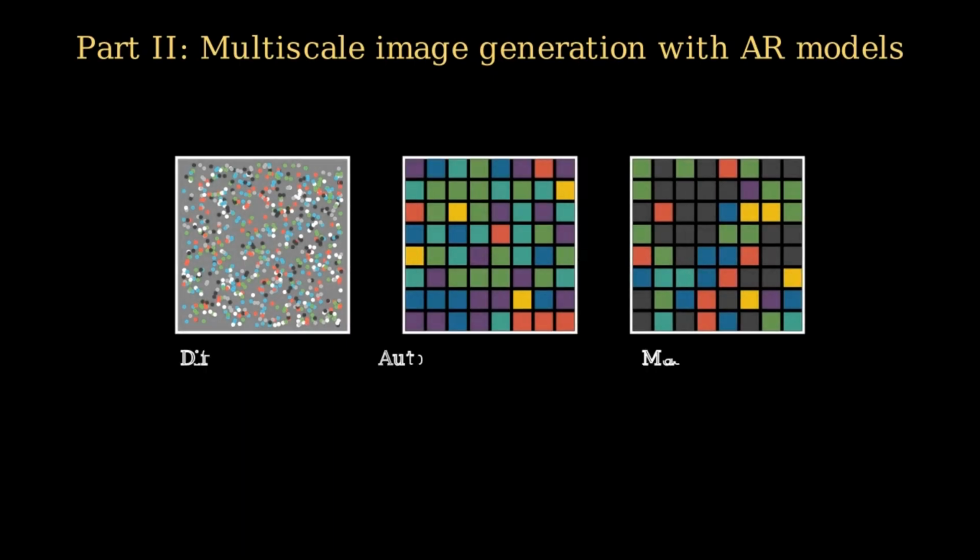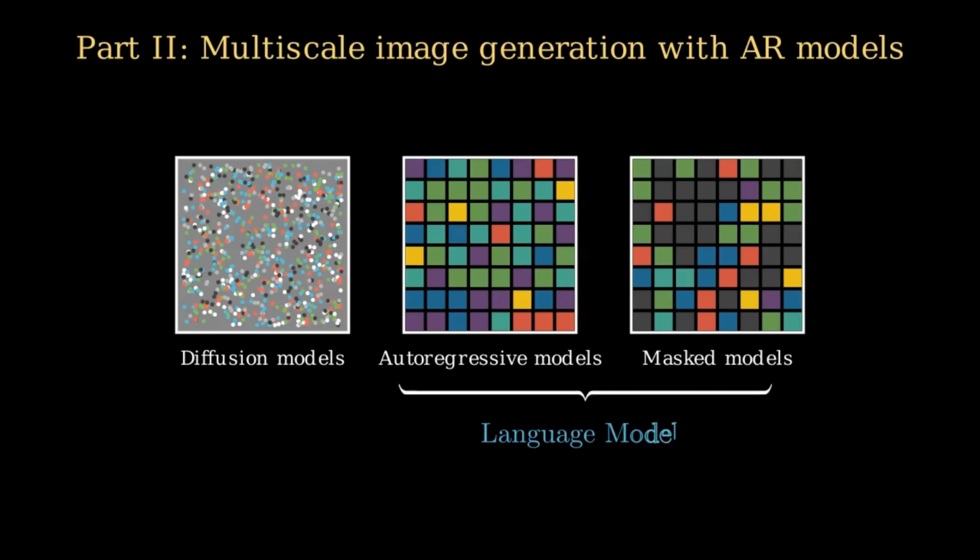Moving into part 2 of this tutorial, we shift our focus from diffusion frameworks to another massive and highly promising trend in latent generative models. Historically, diffusion has dominated by operating in a continuous space, iteratively adding and removing Gaussian noise. However, there is a paradigm shift towards treating images exactly like language. Autoregressive and masked models do not deal with continuous noise. Instead, they operate entirely in a discrete latent space, generating images token by token.